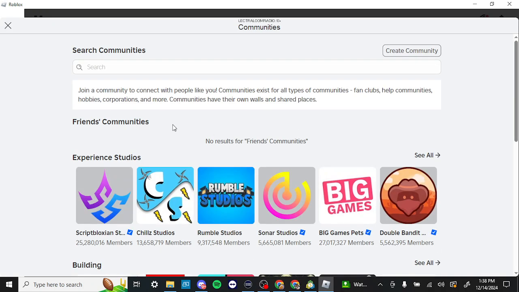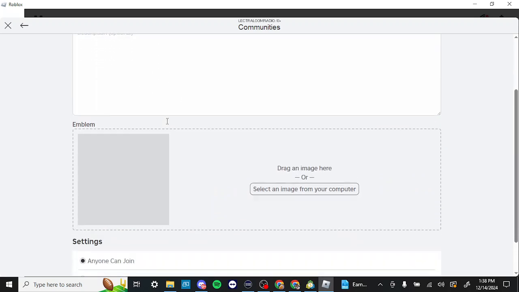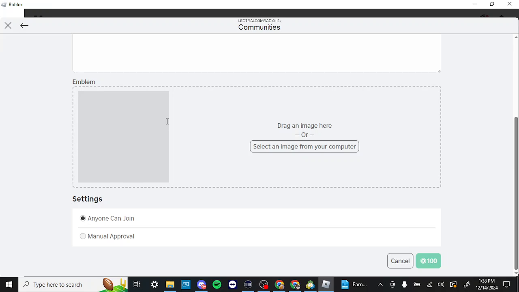And here we have a similar screen. We can either find a variety of communities or we can create our own community. So we can click Create Community here. And then from there, you can name your community. You can add a description. You can add an emblem. Change whether anyone can join or it requires manual approval, and then once you're ready to go, you can select